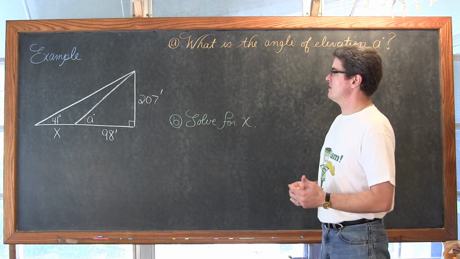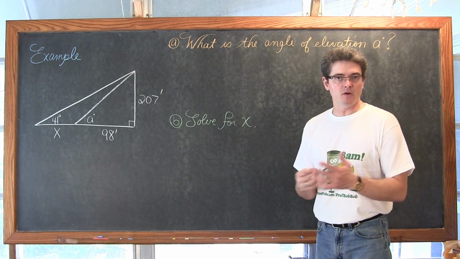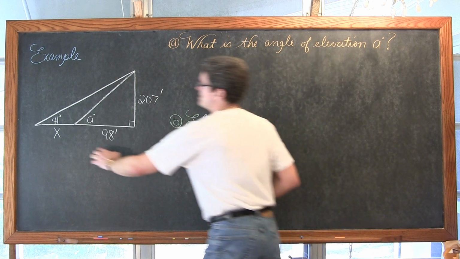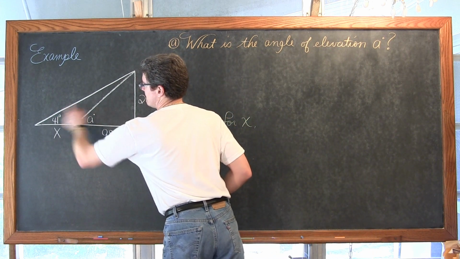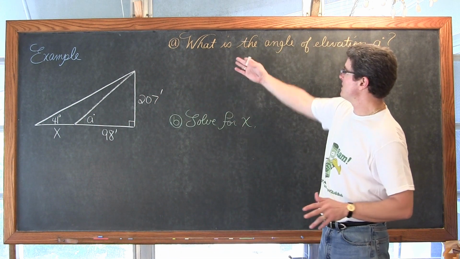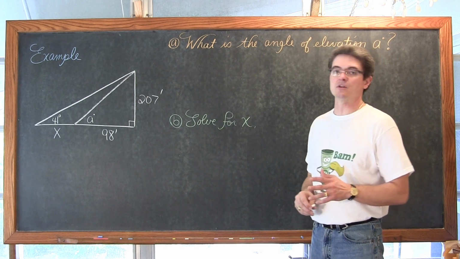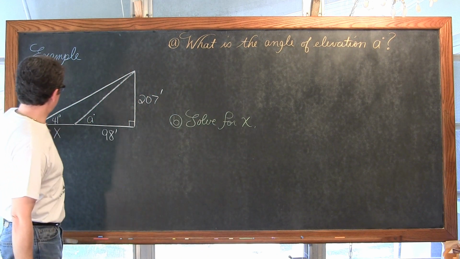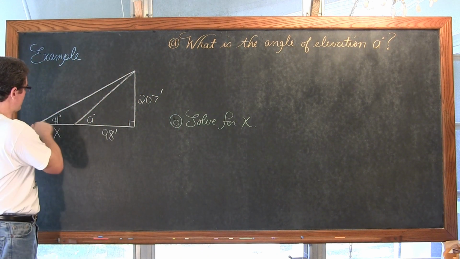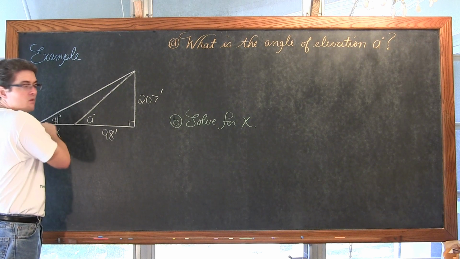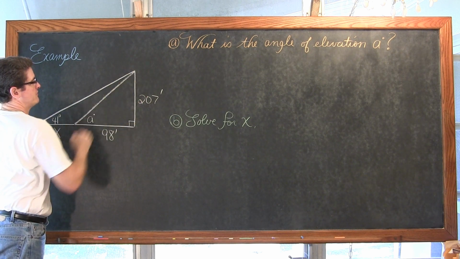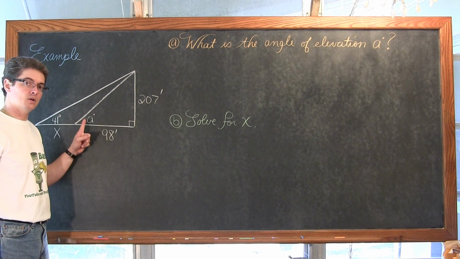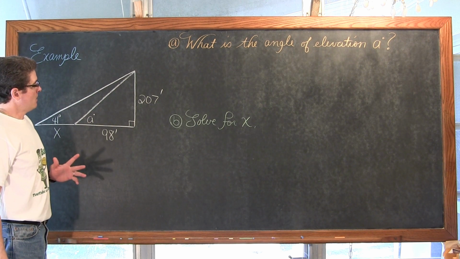What we're going to do though is, for the first time in this video, actually find an angle of a right triangle, and then we're going to find this little piece here of length x between this angle and this angle. So the first thing we want to do is find the angle of elevation, specifically of A. I have two angles of elevation here. If I'm way back here, I can see my angle of elevation from the level ground up to 207 feet above is 41 degrees, but I want to find this angle of elevation here, angle A.